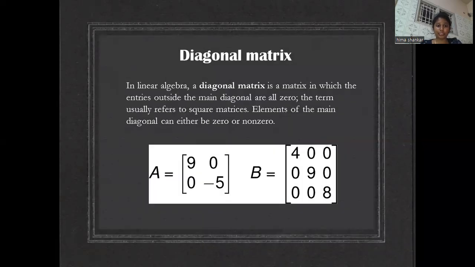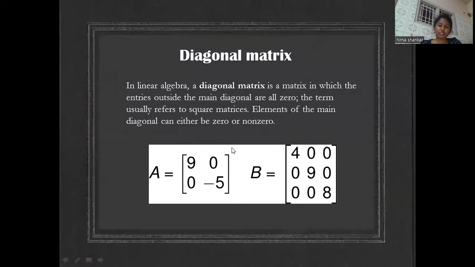Coming to the diagonal matrix in linear algebra. A diagonal matrix is a matrix in which the entries outside the main diagonal are all zero. The term usually refers to the square matrix. Elements of the main diagonal can either be zero or non-zero, except the diagonal element,